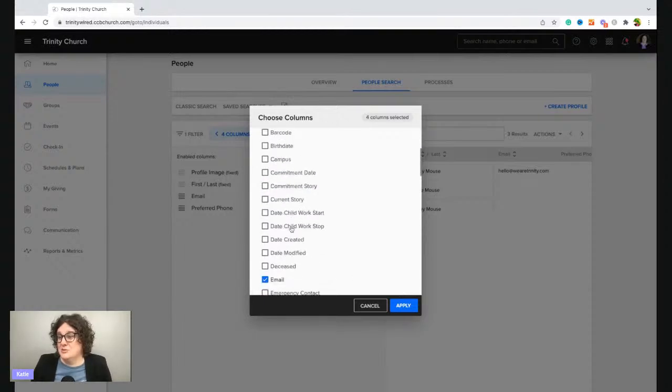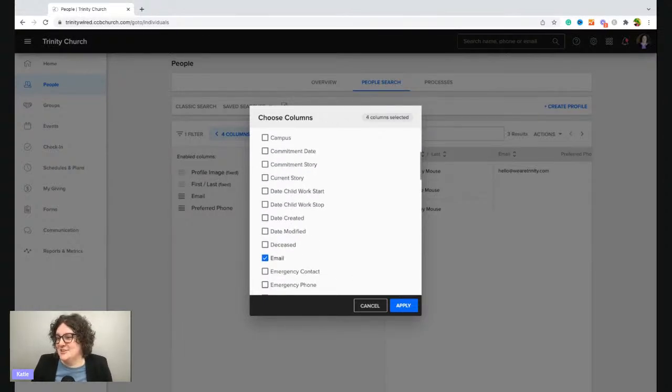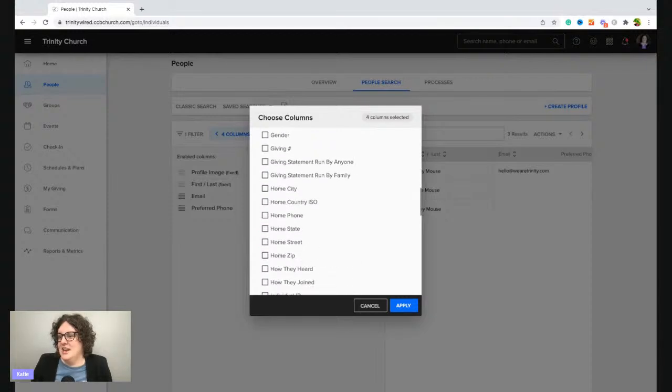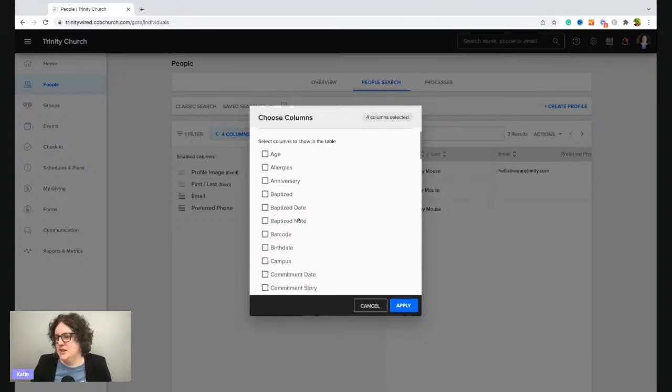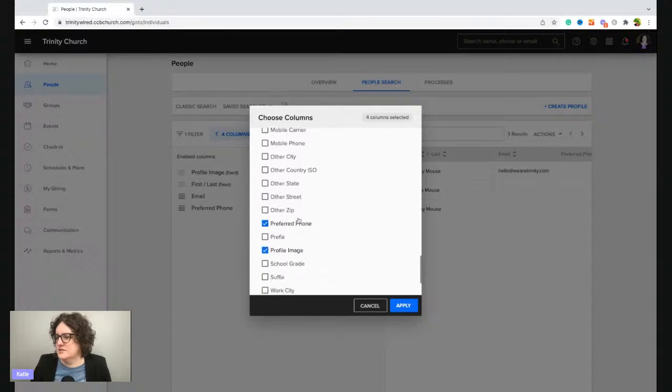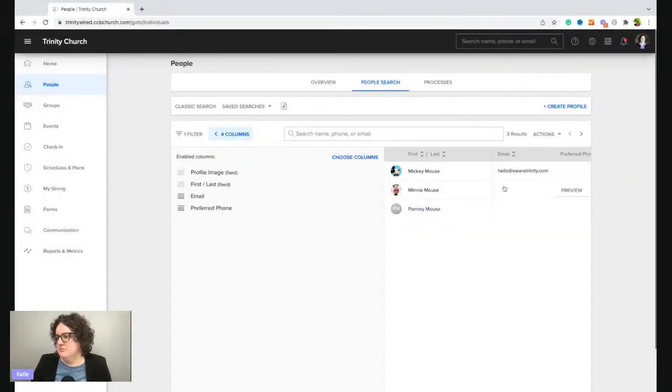Now, unfortunately, which I hope they're going to change or add, you can't add custom fields to these columns yet. So hopefully that's something they're going to add. But right now, it's just the basic profile information and the non-custom fields that you can add. But you can select which ones you want.